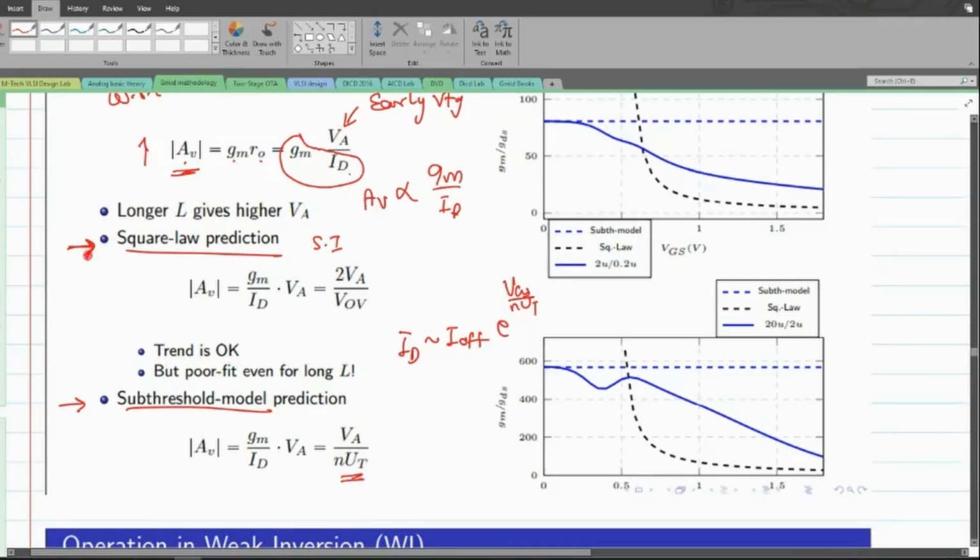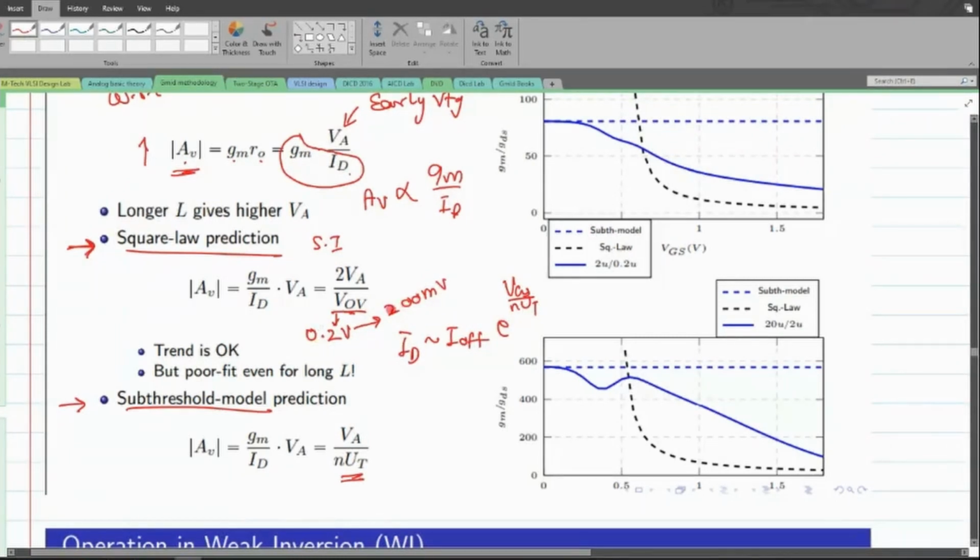So that when I adopt it, we end up having this as our gain. Clearly, by making use of the square law model, I can predict the value of gain in the stronger inversion, and I can predict the value of gain in the weaker inversion. And now when we compare these two values, assuming that the value of VA is constant, so we will address this as well, let us assume that the value of this VA is constant. We know that the value of UT in general is quite small, and the value of VOV in general is taken around 1.1, even 1.2, is what generally people would take. So this means I am having a VOV value which is almost closer to 200 millivolt, and this is the least value that I can use.